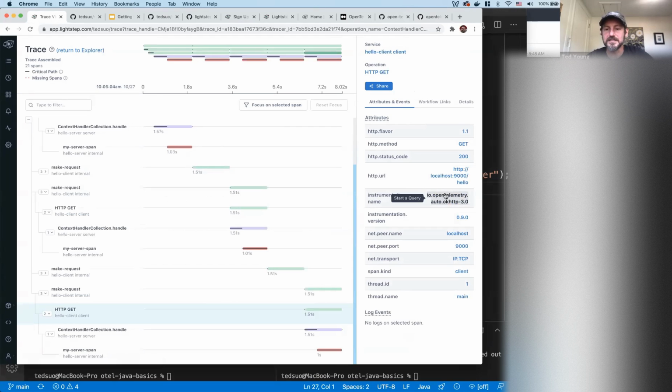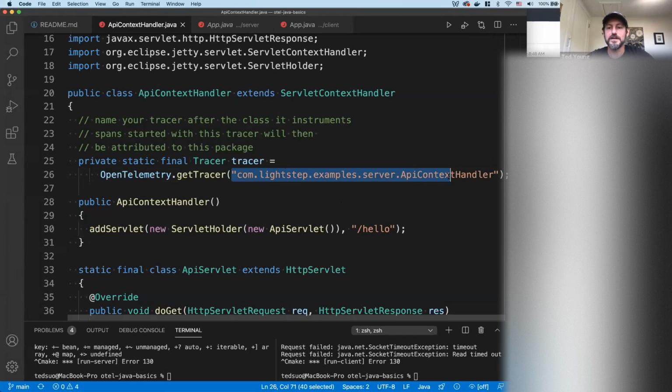Here we can see that this particular client span was auto-installed instrumentation from OpenTelemetry for OkHttp. If you're going to add your own, you want to qualify it in a similar manner. That'll give you a handle on a tracer.